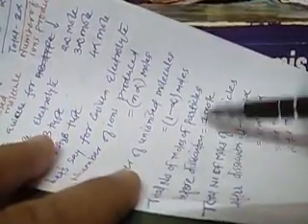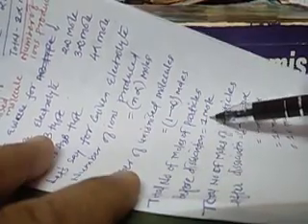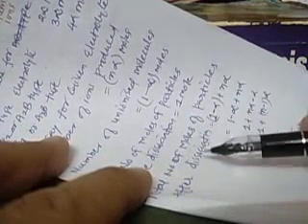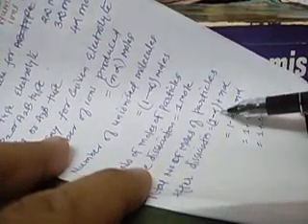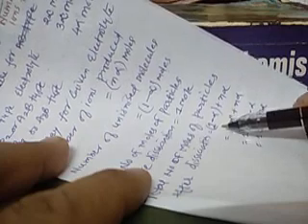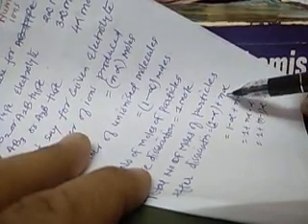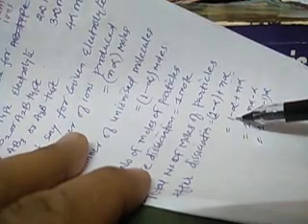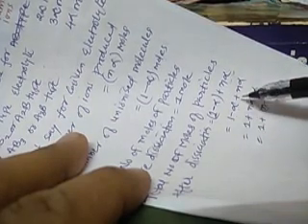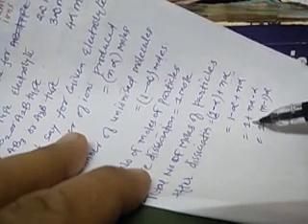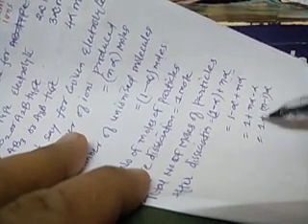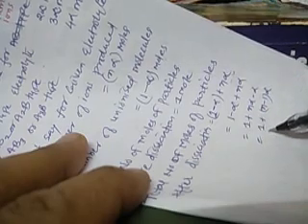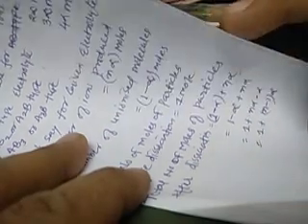So this is your 1 minus alpha. Now the total number of moles of particles before dissociation was 1 mole. After dissociation, the total number of particles is 1 minus alpha of solute left undissociated, and n alpha ions have been produced. So the total number of moles is equal to 1 minus alpha plus n alpha, that we can write as 1 plus n alpha minus alpha. We take alpha common and finally we get 1 plus (n minus 1) alpha.